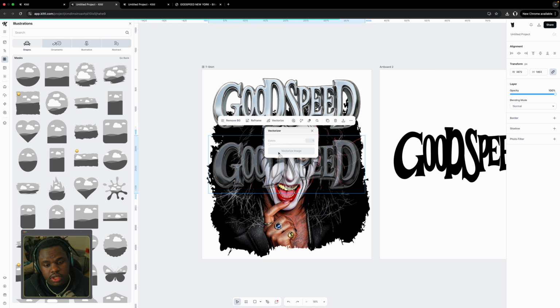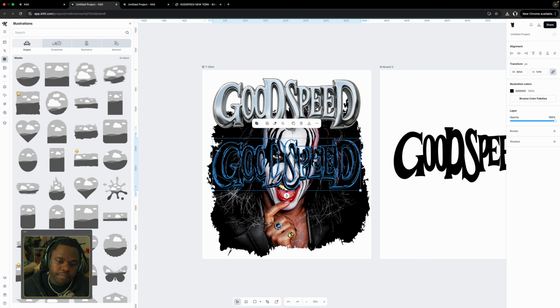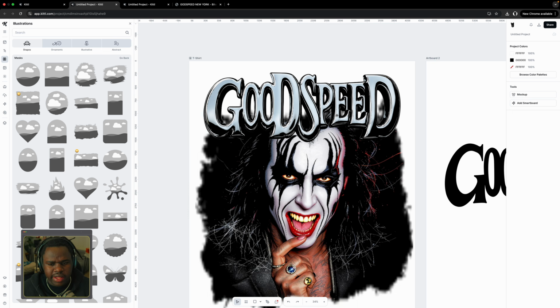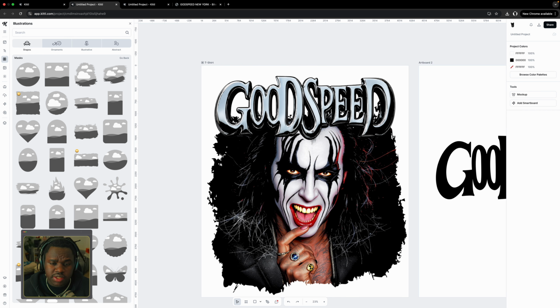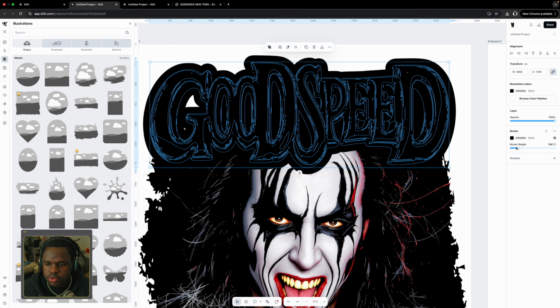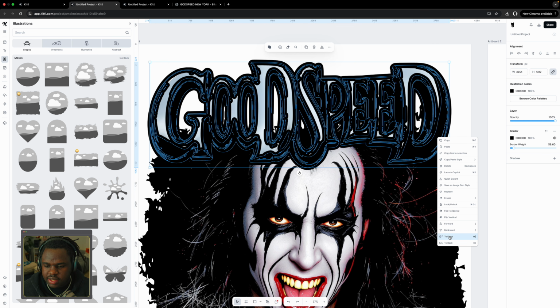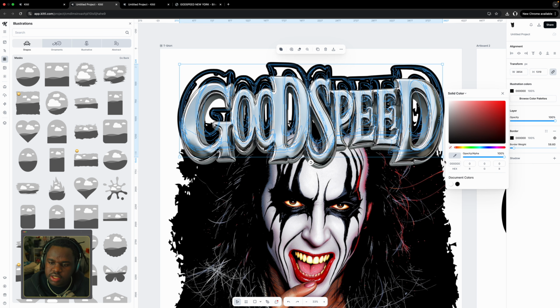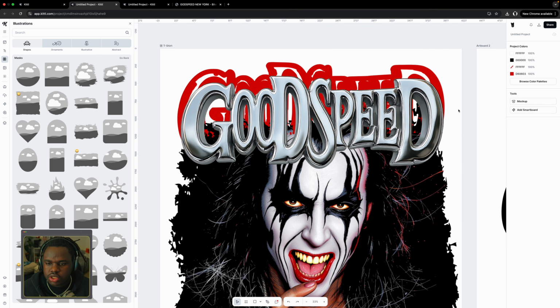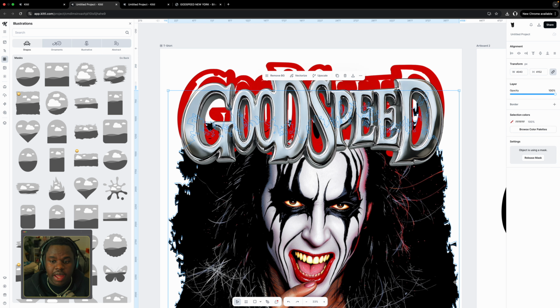Often as you do this, the vectorization gets done via the dominant color, which is often shadows. So you can see here, it printed our shadows. I actually really like how that's looking, but what I wanted to do was put this new generation at the back. First, let's add a bit of border to it, then right click and send it to the back. Let's change these colors. I'm going to use the eyedropper tool to select the lip color, and once that's selected, we can change the color of the border as well to match. I'm going to drop this all the way to the back, so the main image